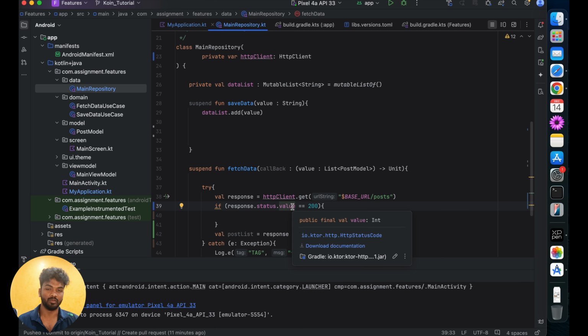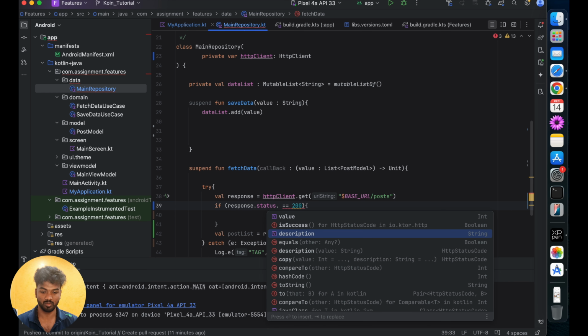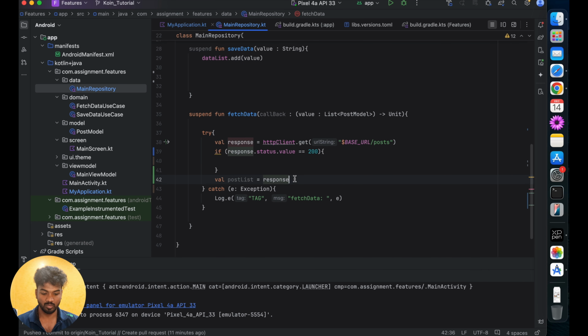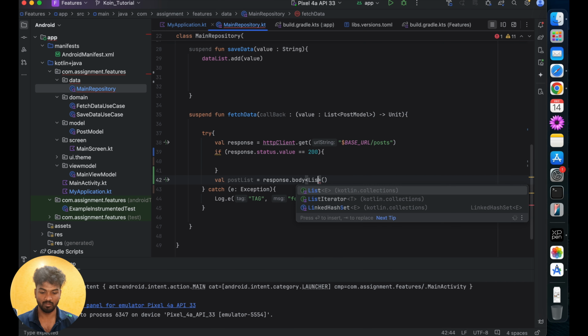So if status code and status value means here their message, here the message will be the description. The message will come, it's success or failure. If success or failure, you can directly call this one too. Okay, so that's fine. In this response, what we are going to take is the body. The body will have the type, this type will be list